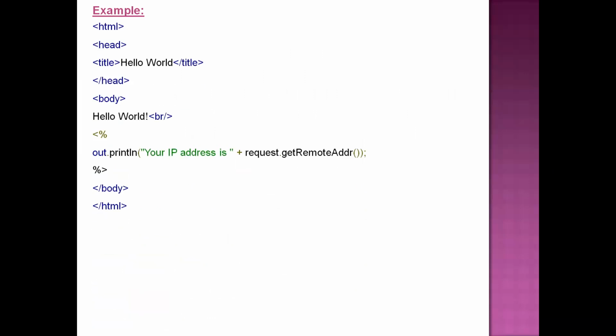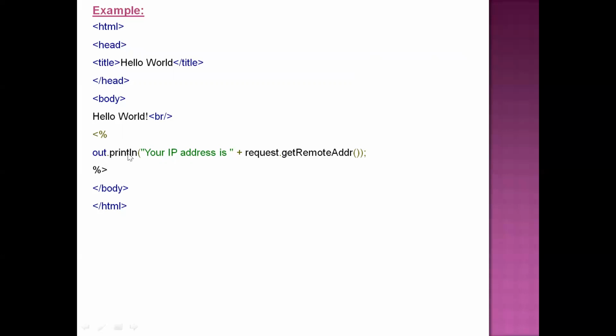Now see one example of how to write a scriptlet. Here I am writing one simple example for printing the IP address of a system. This is normal HTML content. In the HTML body section, I am writing one hello world message. And here I am opening the angular bracket and percent sign.